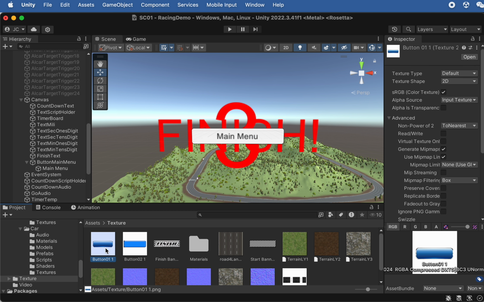So that means we have to select the image and change the format. So we have to change the texture type from default to Sprite 2D and UI. Here, the default, see, is specifically for UI, so you have to select that and then scroll down. Here for compression, we're going to change to high quality and apply. Okay, so now